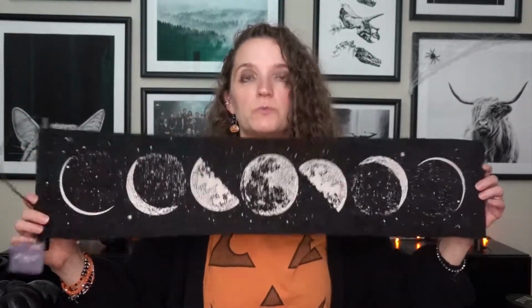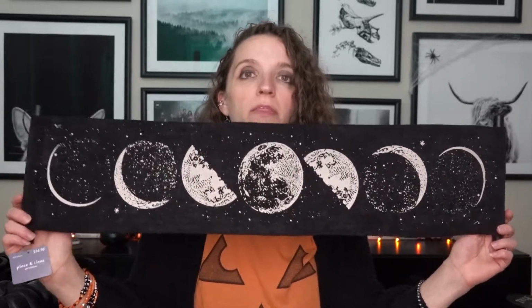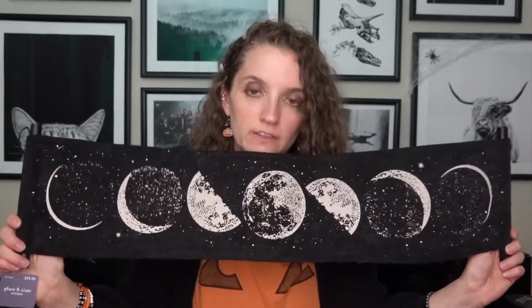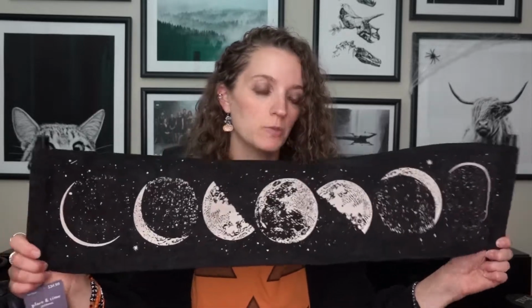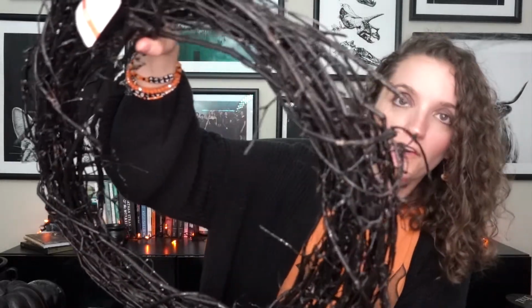But of course, moons fit in. We have Lupin. I mean, there are moons in Harry Potter and they have moon phases, but it also gives me Trelawney vibes. There are a handful of things that I got that give me Trelawney vibes, and I'll get to those very shortly. And next up is, good God, we're breezing through this stuff, a very glittery